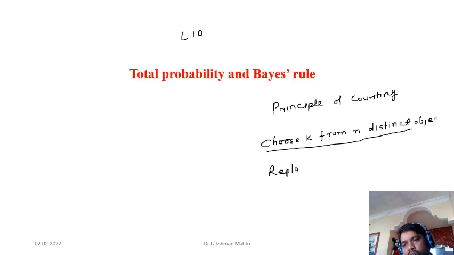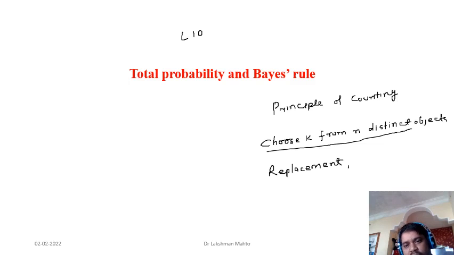Anyone? Would you like to comment? One thing you focus on is repetition, and that is coming under replacement, with replacement or without replacement. Apart from replacement, what is another thing? What is permutation? In permutation, what is the important thing? What is the difference between permutation and combination? If you know the difference, then you know what other property is essential.